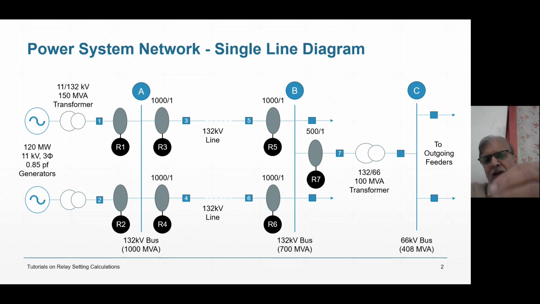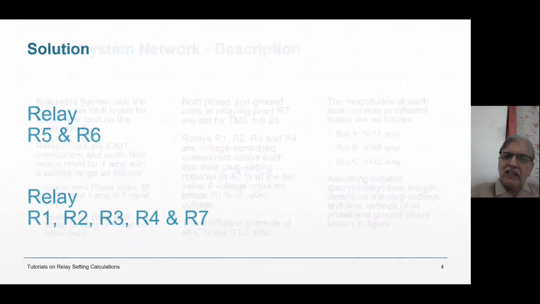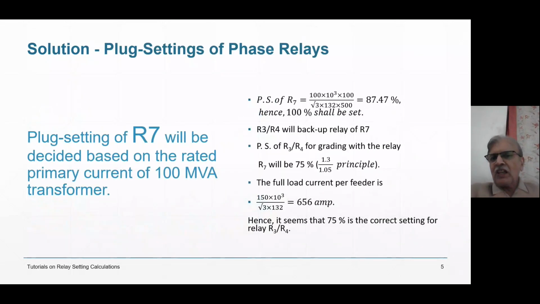Whatever is the plug setting of R5, the same for R6. Whatever is the plug setting of R1, the same for R2. So R3 or R4 will be higher than 1.3 divided by 1.05 of 100% of 500 ampere. 100% of 1 ampere, or in primary terms 500 ampere. So 1.3 divided by 1.05 of 500 will lead me to somewhere around 650 or a little less than 650, and